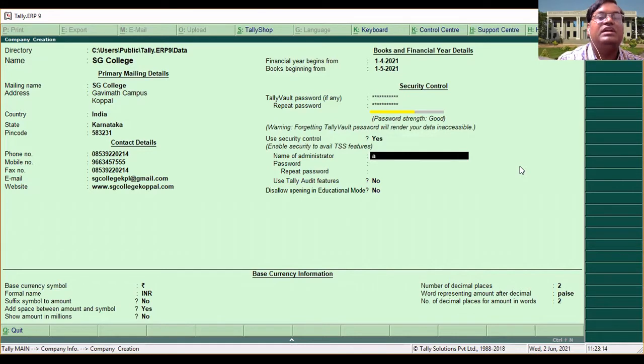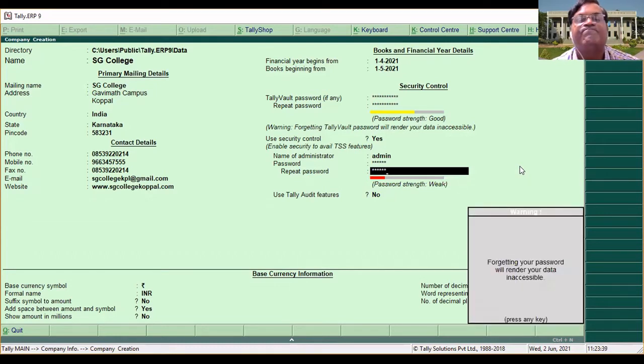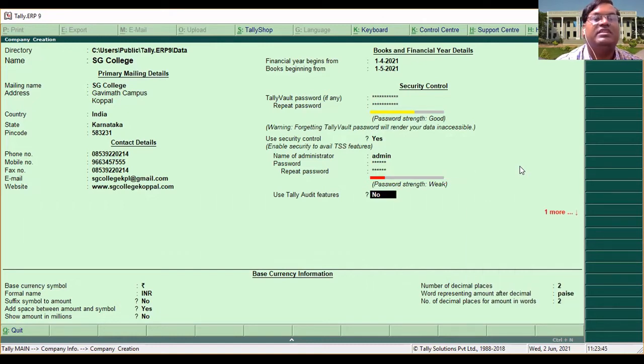So I'm taking one admin and the password. Both should be the same password. Two times you need to type. It means if you forget your password, you will not get it back.